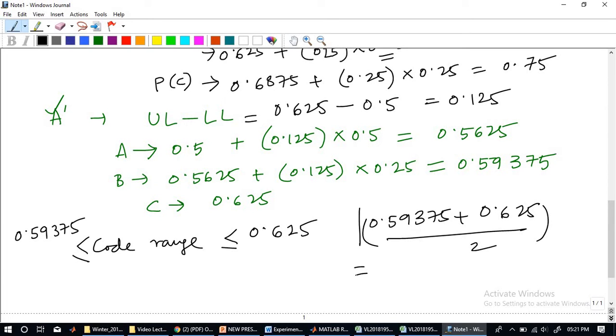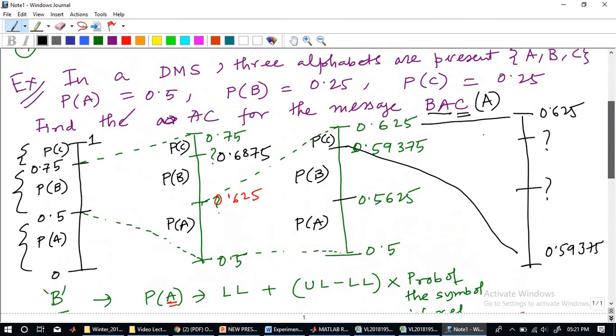If it had been BSCA, it would have been different. Can you tell me what it will be for BSCA? Just calculate. We have done it up to the C part, so you have to find these two values. Can you tell me the code word or the arithmetic code for BSCA? Till C we have done. So find out those missing values, segregate the A portion, and tell me the answer for BSCA.